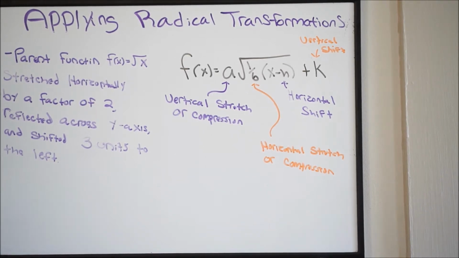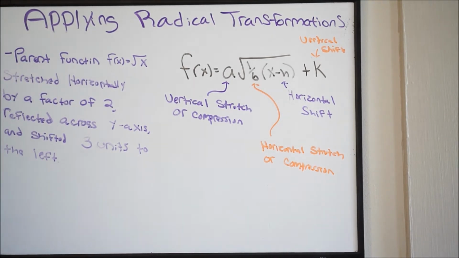Alright guys, here is our next example. So again, staying with applying radical transformations. Similar to the last example video that we did, however, this is a bit different. They tell you the parent function is the square root of x, and they want you to apply the following transformations. So essentially they want you to create a new function here, and they give you a list of transformations